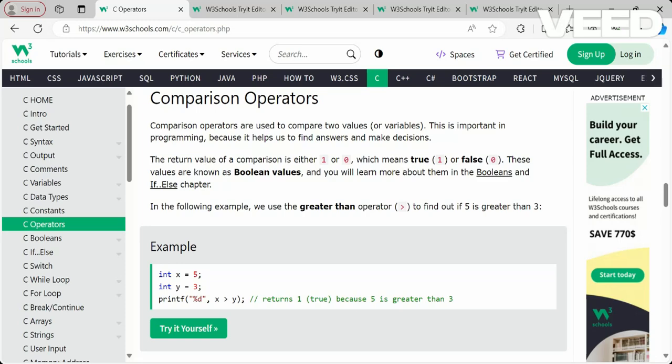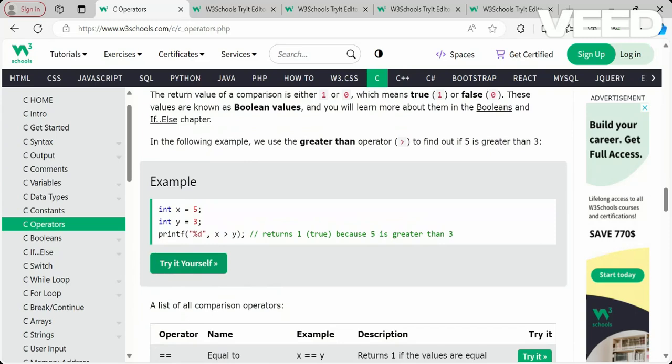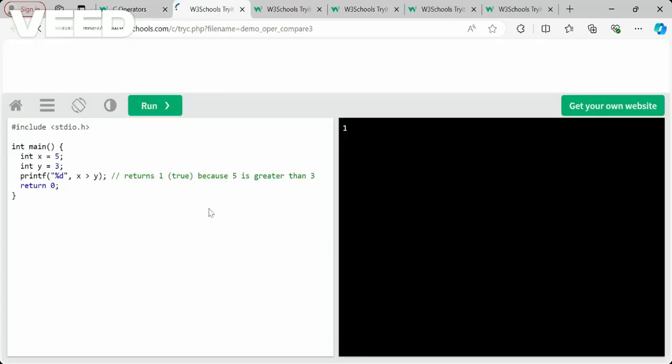We'll see that in the next video. So till here we just know what the comparison operators are, how we'll be comparing, and what the results are. This is x is equal to 5, y is equal to 3, where we are comparing whether x is greater than y. If it is greater, it will return true for this statement, for this expression, as we call it. So it will return true, that is a 1, and that value will be printed. 5 is greater than 3, that is true, so 1 is going to be printed here.